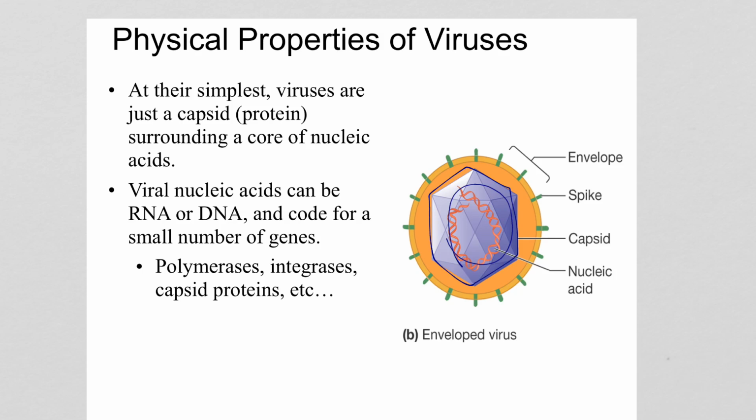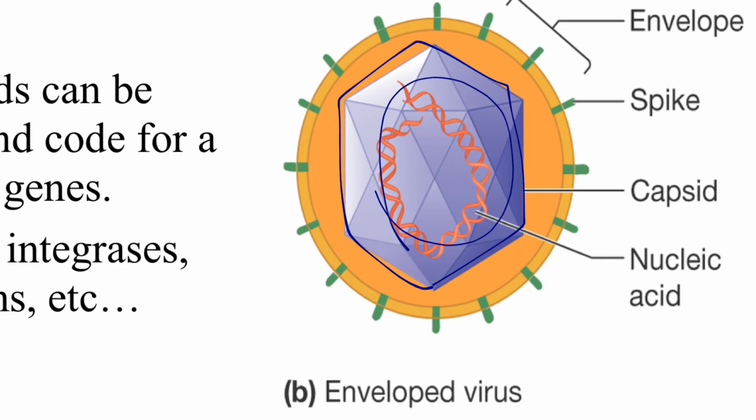And I said before that this is sort of a strange thing because the nucleic acids, the RNA or DNA, its entire purpose is really just to give instructions for how to make more viruses. And so I've often said a virus is just really a set of instructions, the DNA or RNA, that code